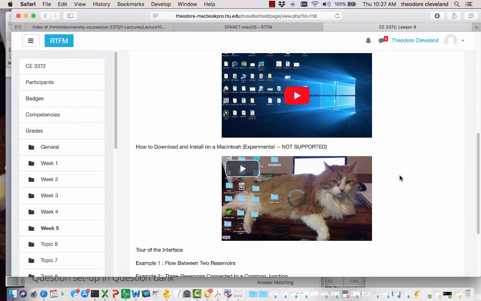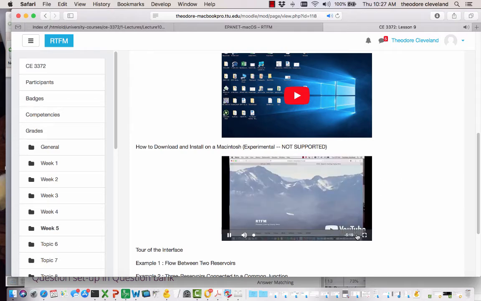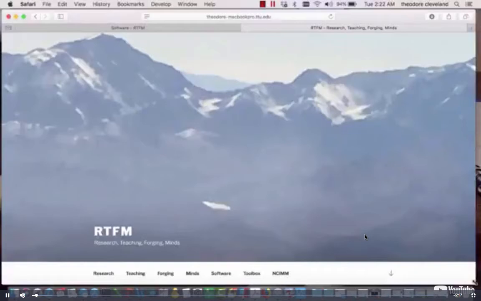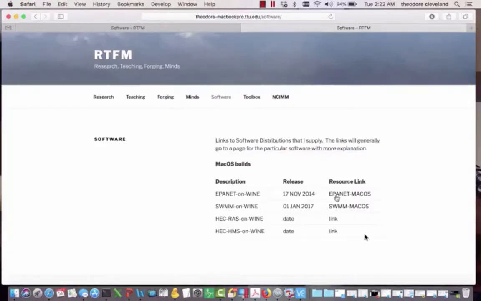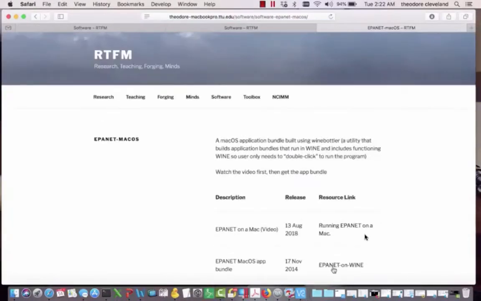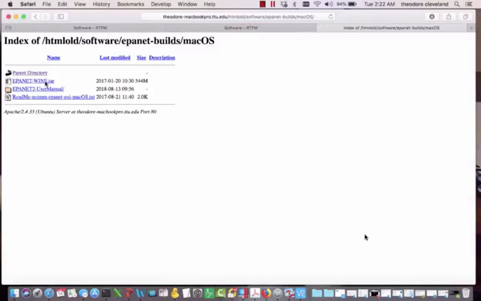And here's the same game done on a Macintosh. This video illustrates how to download and run EPANET on a Macintosh computer. The software application bundle for Macintosh is located at theodore-macbookpro.ttu.edu. Go into that website, take the software link down here, choose EPANET Mac OS, choose EPANET Online, and we're